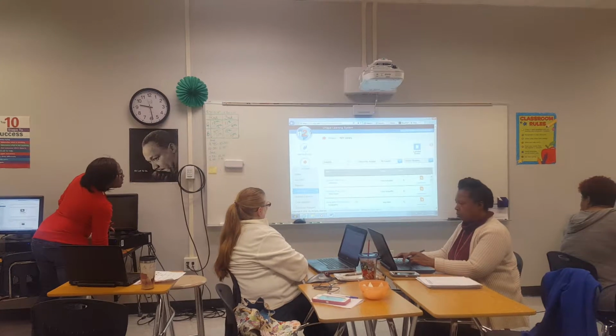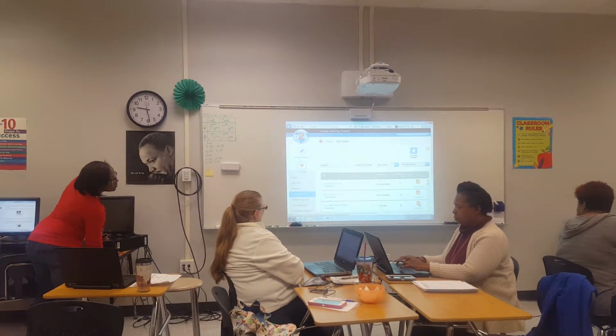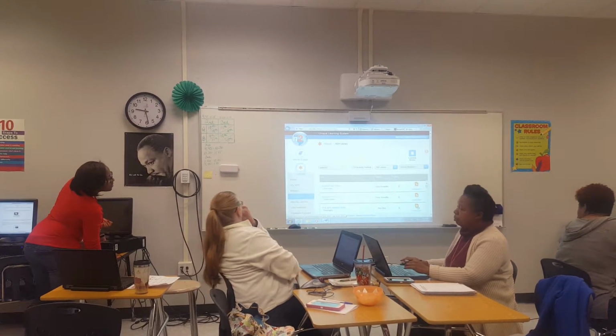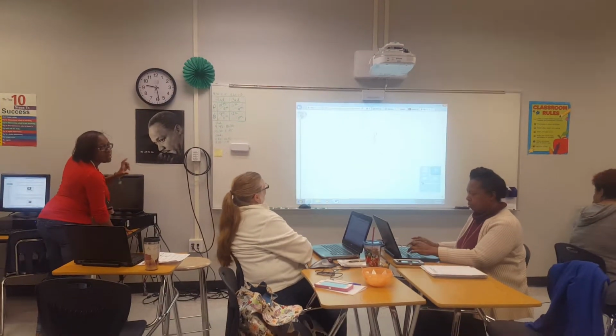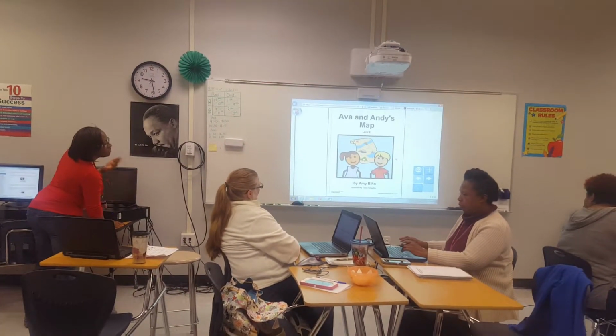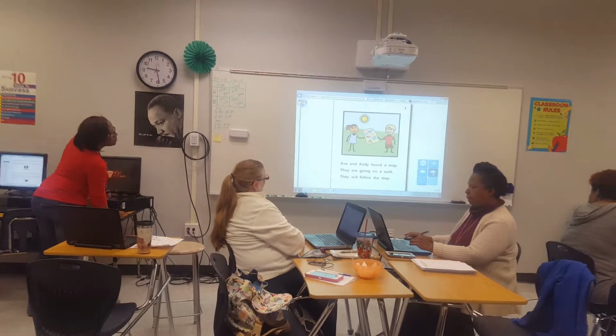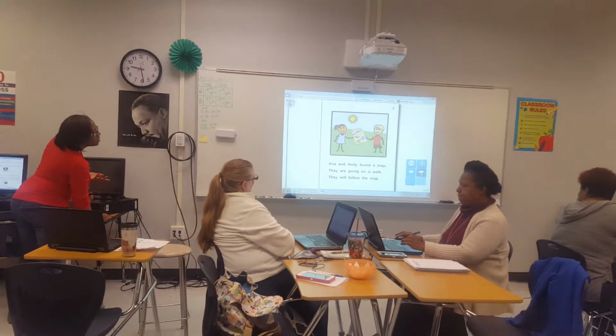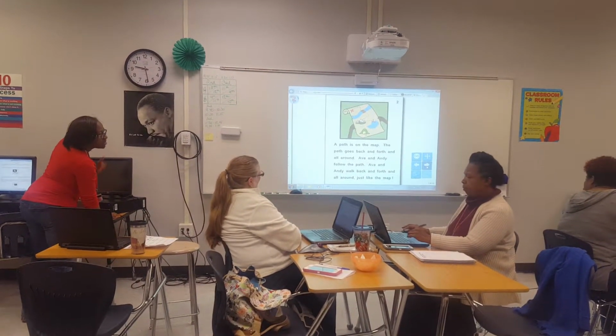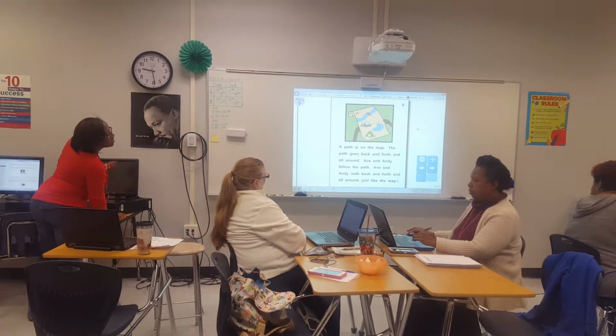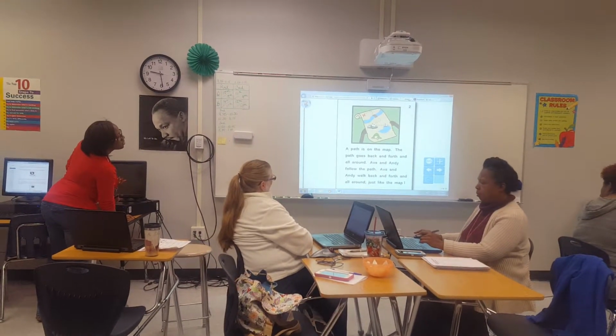So, Ava and Andy map. When it has this symbol, it means it's interactive. And if it has the PDF symbol, then it's a PDF that you would download. So let's say you read the story, and you think the story is not really challenging enough for your students, kind of simple, and you want to do something supplemental to add rigor. You can,